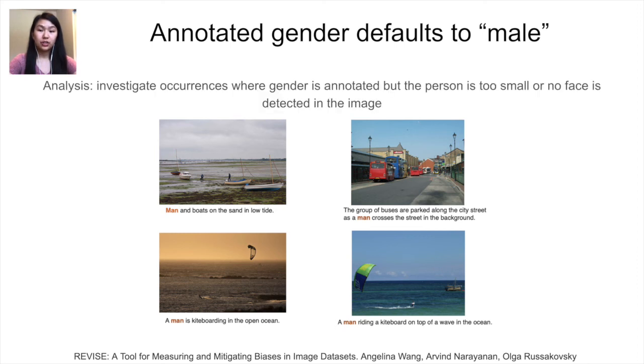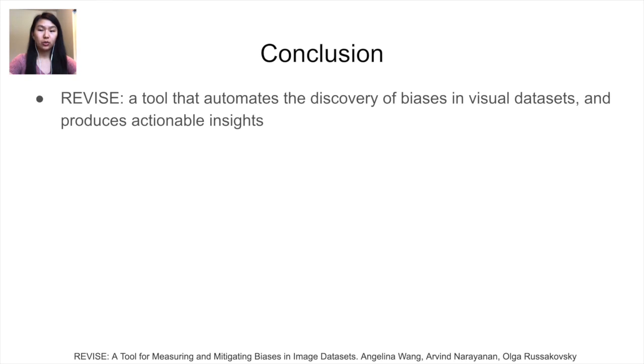We define two such situations: where the number of pixels that make up the person is below a particular threshold, or when no face is detected in the image. Gender labels assigned in these kinds of situations should be pruned from the dataset as they are not an accurate characterization of the image. In conclusion, we built a tool called REVISE, which automates the process